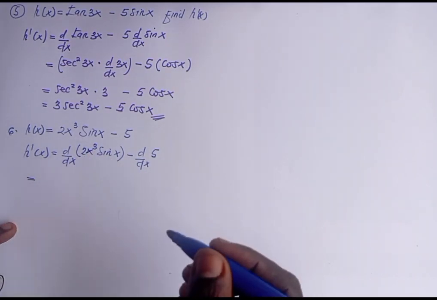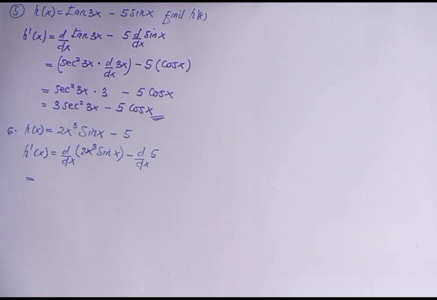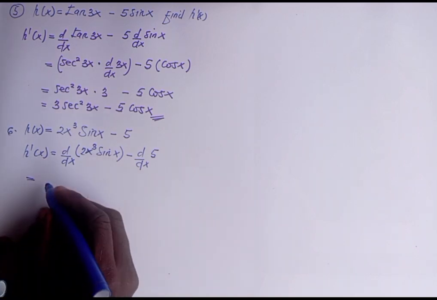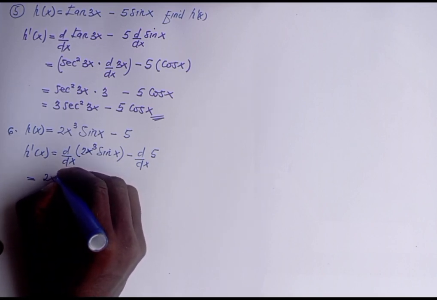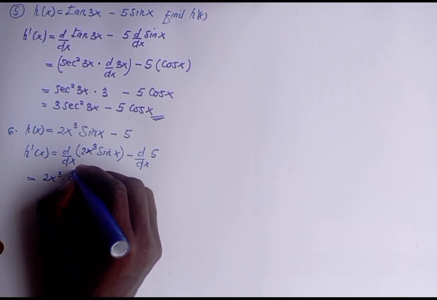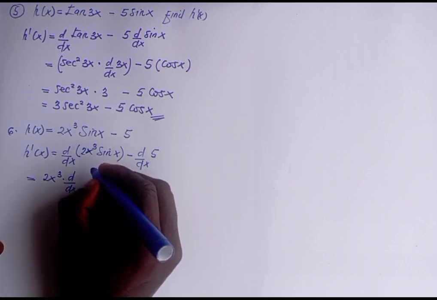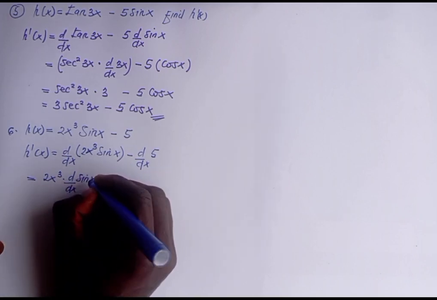Those who have forgotten, kindly go back and then watch my video on product of what? Two functions, or applying the product rule in solving questions. You can get a clue on how to solve it. So we go straight. So we keep the first function, which is what? 2x cubed, then we multiply it by the derivative of the second function, that is sine of the angle x,